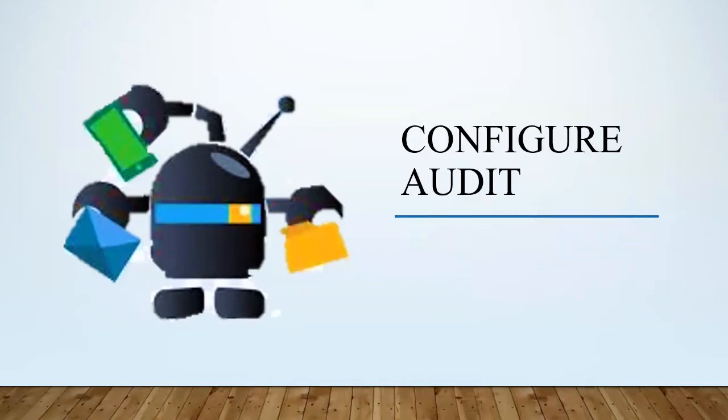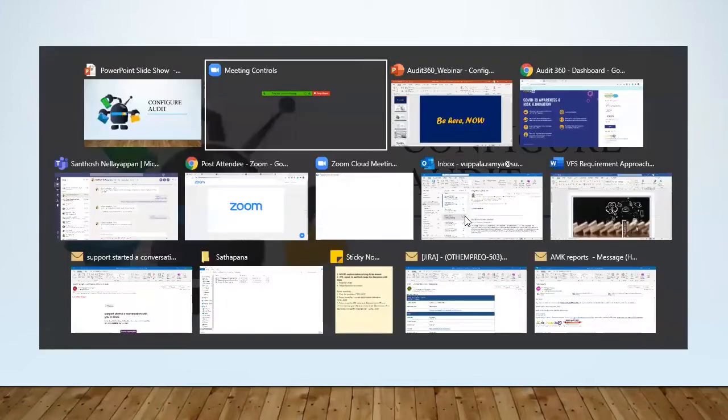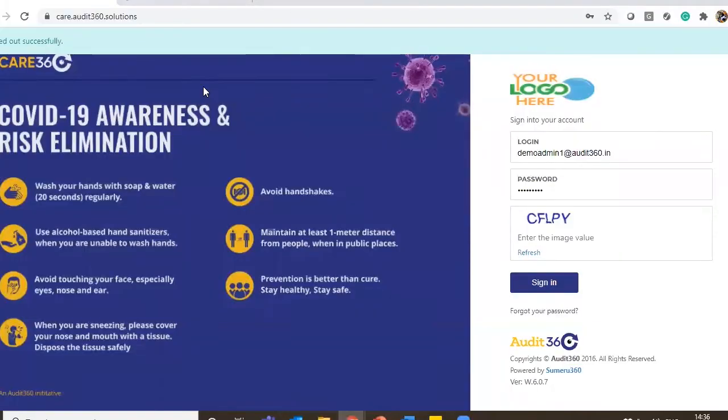But once this configuration is made, the regular process of scheduling the audit, audit execution, finalization, or issue closures is an ongoing activity. So configuring an audit is a very important aspect in Audit 360. Let us see what all the configure audit covers, what each of these features represents, and how it functions in our Audit 360 application. So let me take you all through a demonstration on configure audit. I'm logging into the super admin role.